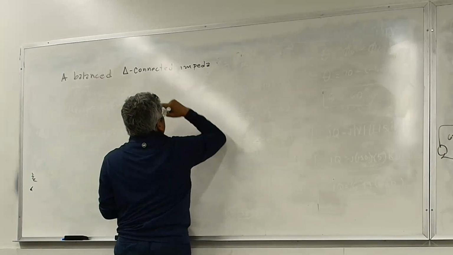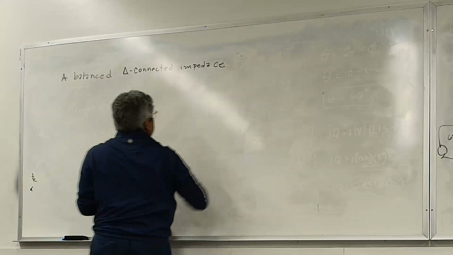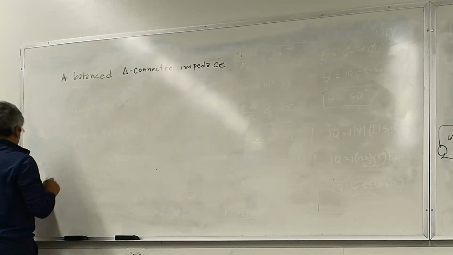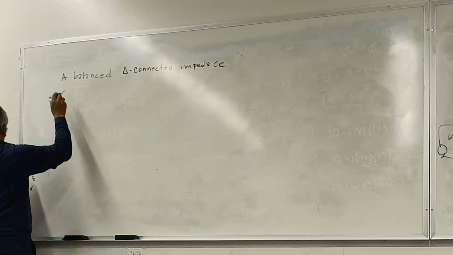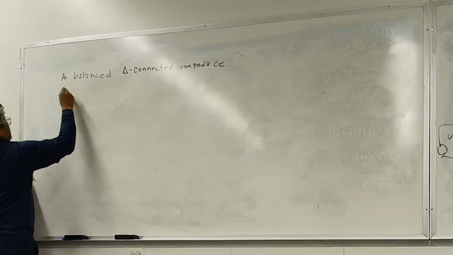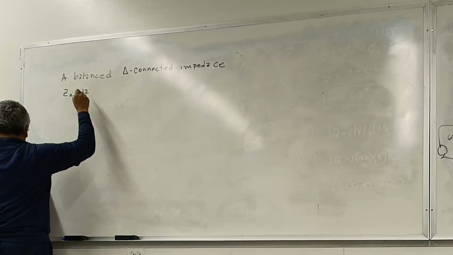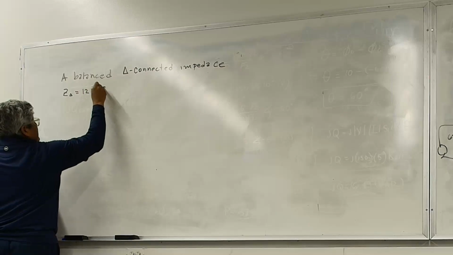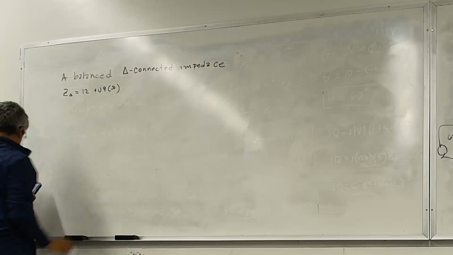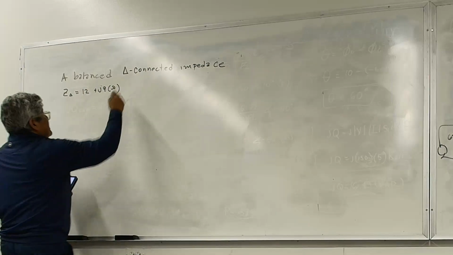I'm not writing exactly how it's in the exam, but it's the same thing. Impedance on the homework problem, and it has a Z delta of 12 plus j9 ohms, is